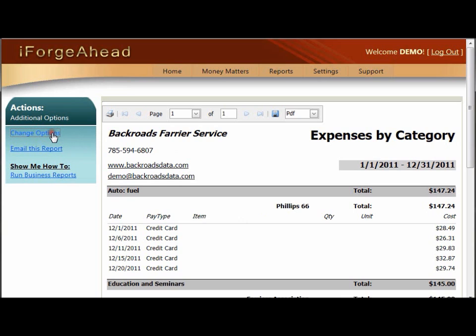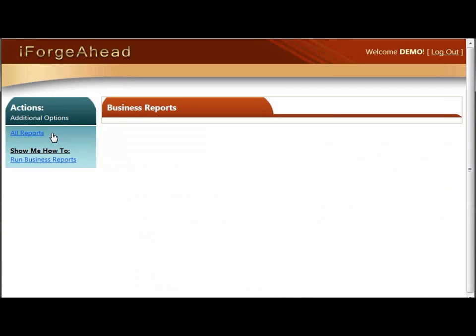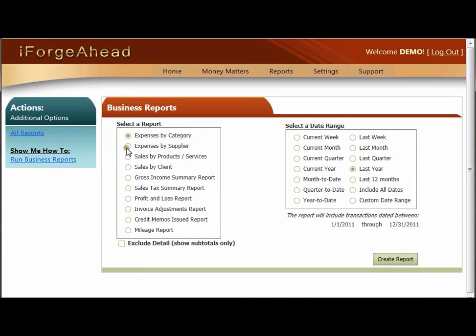Now we'll return to the dialog box, and this time I'm going to look at expenses in a different way. I'll look at expenses by supplier. I'm going to go ahead and hide the detail rows, and I'm going to run the report for the same